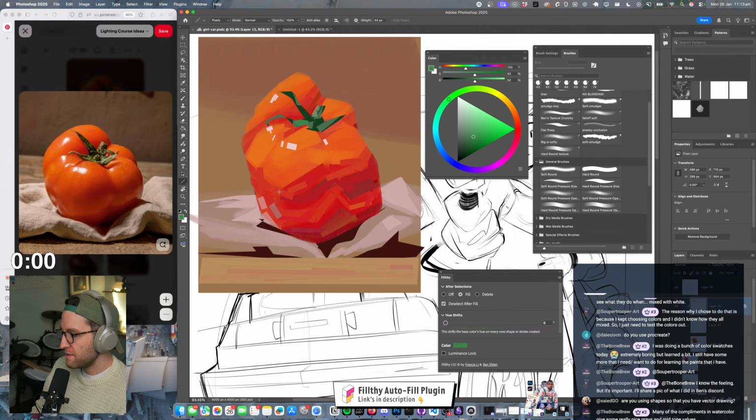Sayed, are you using shapes so that you have vector drawing? No, I guess you could turn it into a vector drawing. This is just a good way to get me out of a blending mode and really just trying to see things in shapes. All right, it's a nice little practice, quick little way to study, which can look kind of cool.